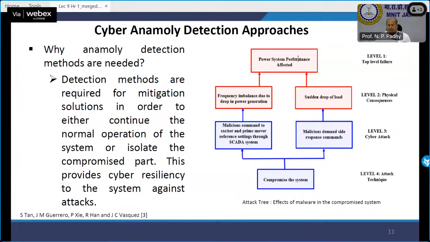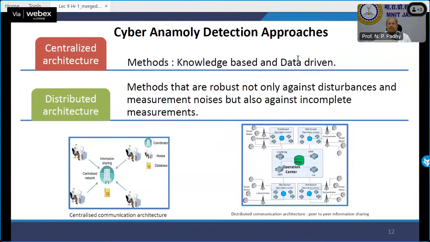And then finally, you get a kind of heart attack, BP, and then you got a heart attack. That is your level 3, and the climax is your level 4. So your body system is a power system, and this is how we can see the level 1 problems, level 2 problems. Level 1 and 2 are considered reasonable, but level 3 and 4 are considered very, very severe. So there are different methods actually to detect those anomalies.